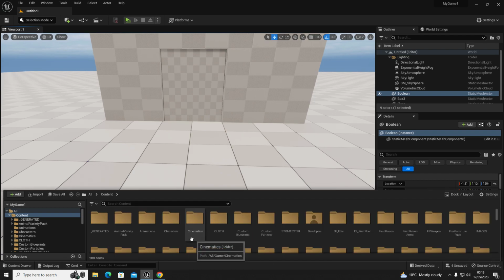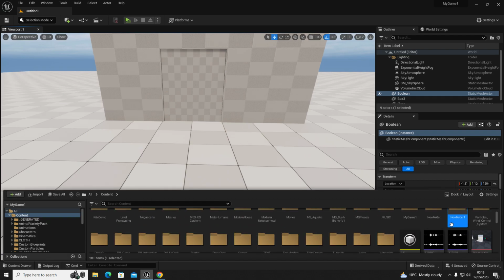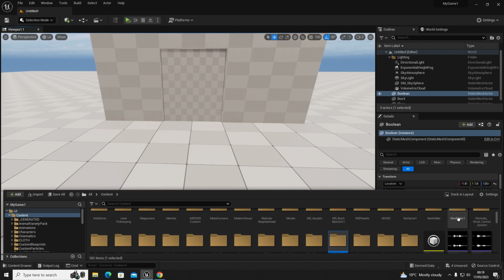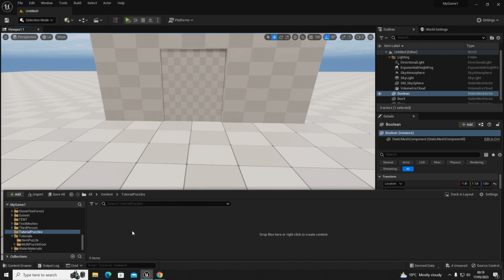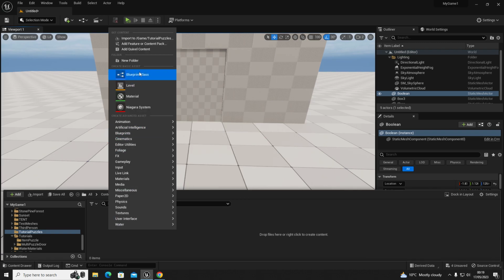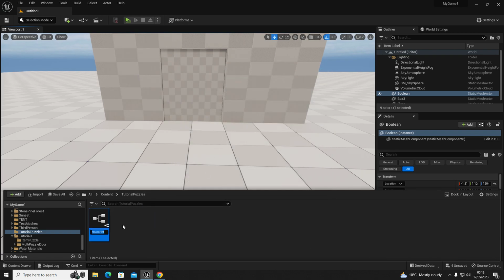So we're going to go to a new folder. I'm going to name this one tutorial puzzles. I'm going to open that. So in here I'm going to create 3 actors. So we've got 1, 2,